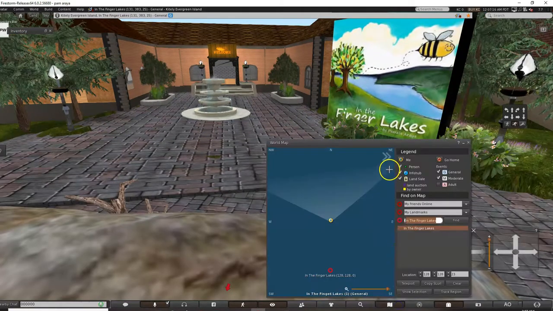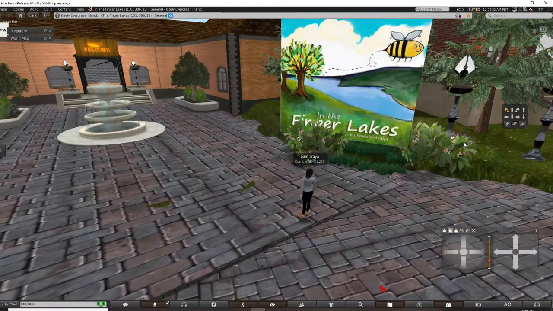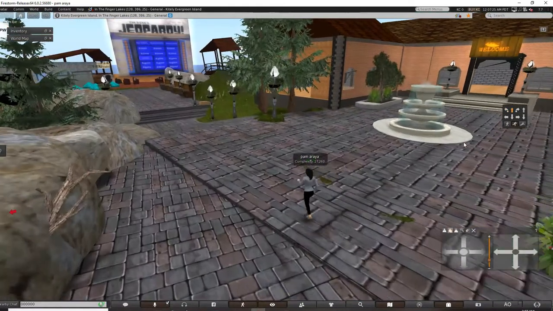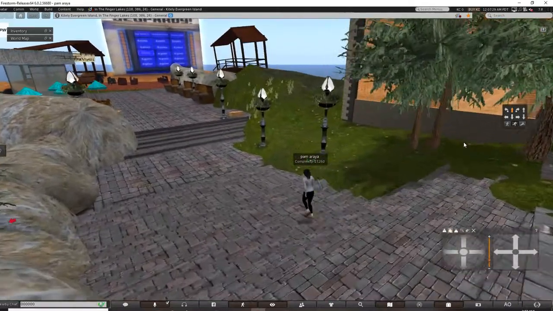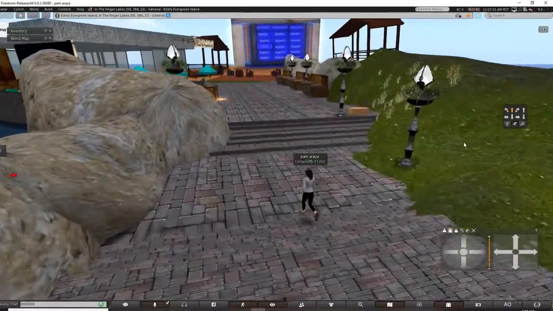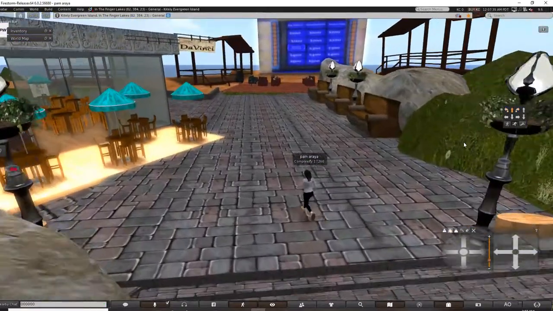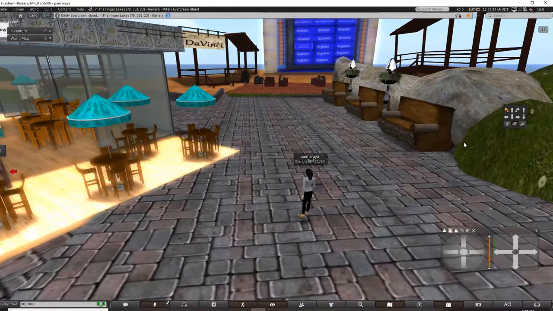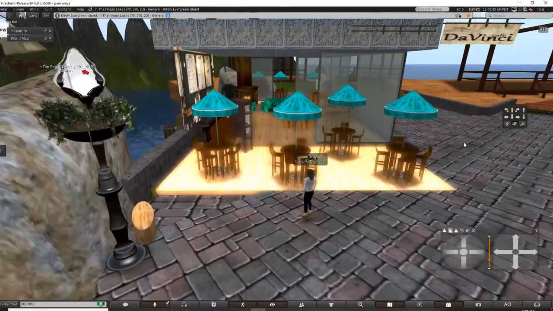Okay, so I was going to throw the party here in the Da Vinci Cafe area. Let me show you around this part that I have designed. This is a recreational area where people can come and just chat. This is the Da Vinci Cafe I was talking about, inspired by Leonardo da Vinci.